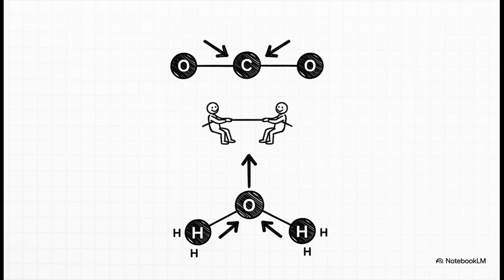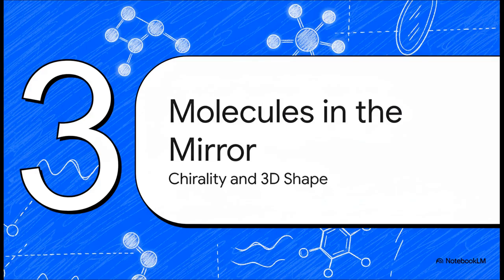But in water, because of its bent shape, those poles don't cancel. They add up, and that's what makes the entire water molecule polar. Okay, so we've just seen that the 3D shape is absolutely crucial. So it's time for our next big step,